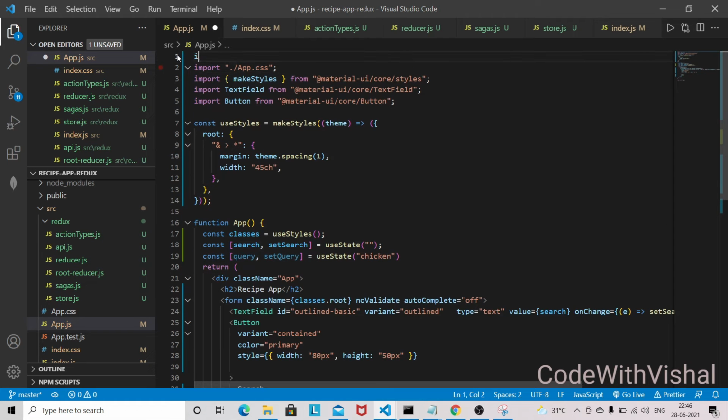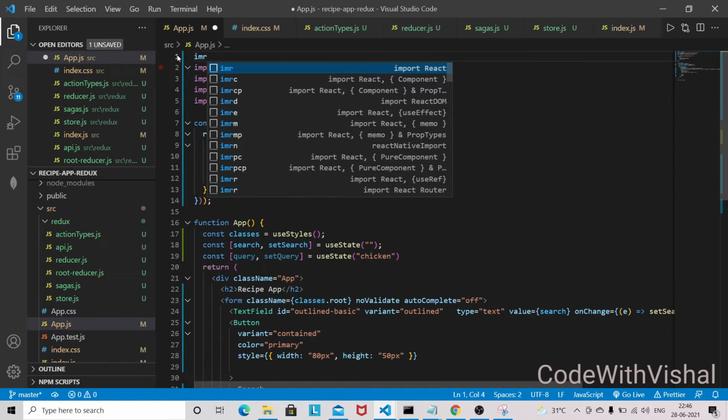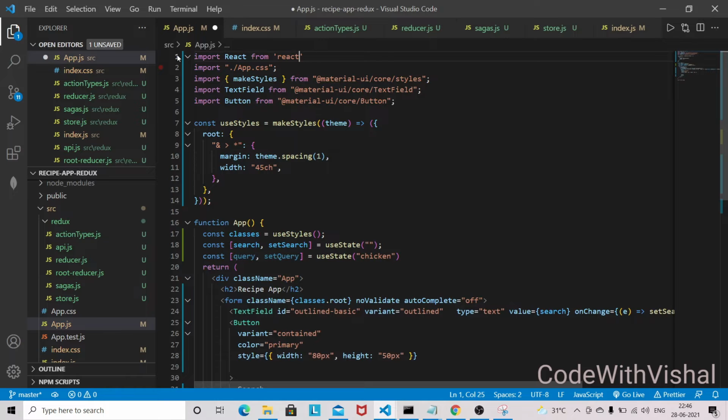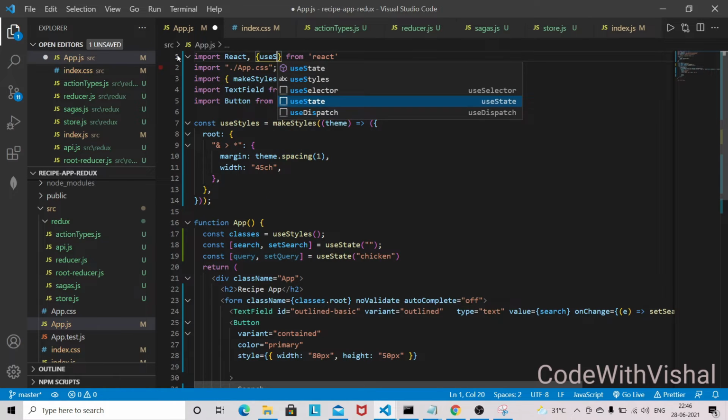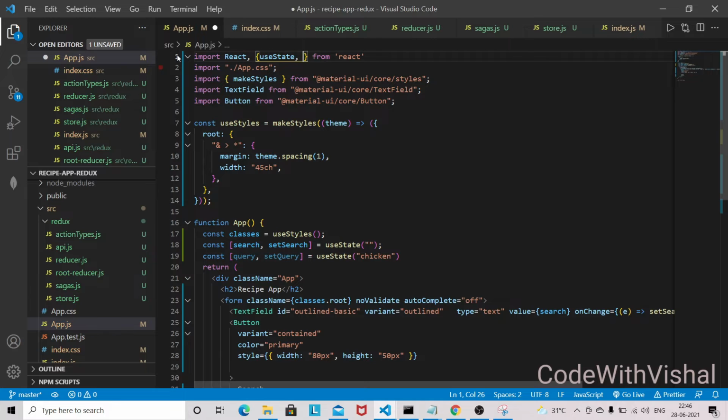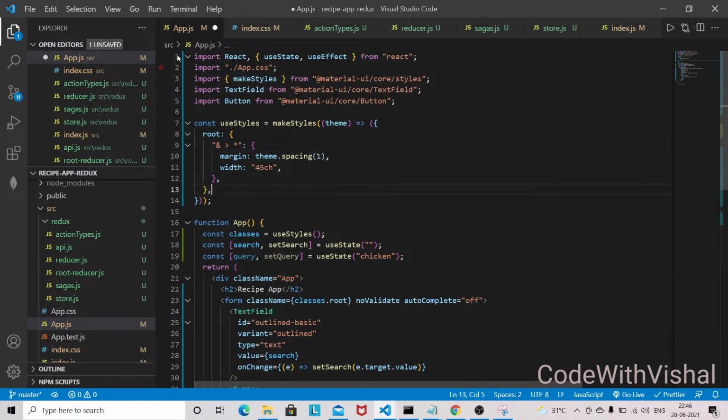So let's import useState again. From here I need useState and useEffect.